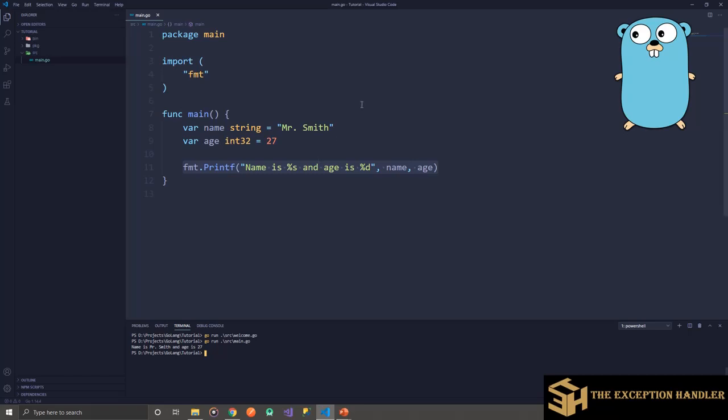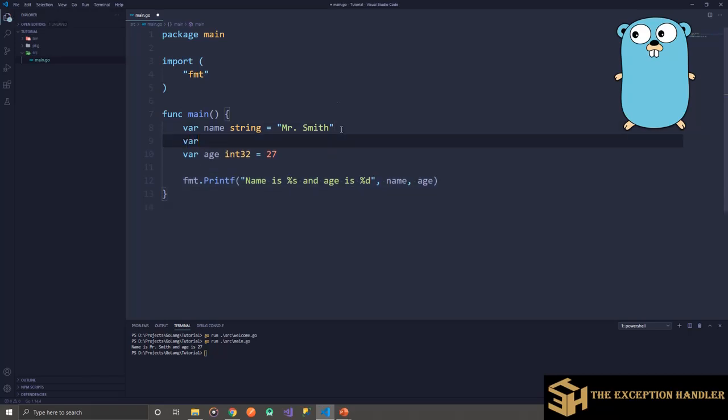Now in explicit type of declaration, if you want to declare a variable by its family name of type string, I'll assign a value of Joe to it.